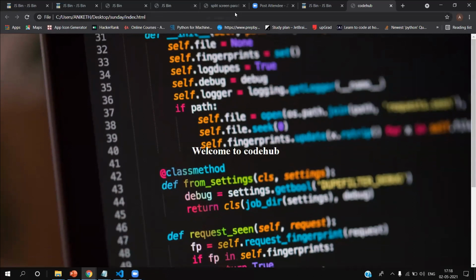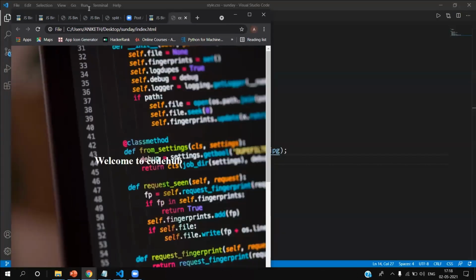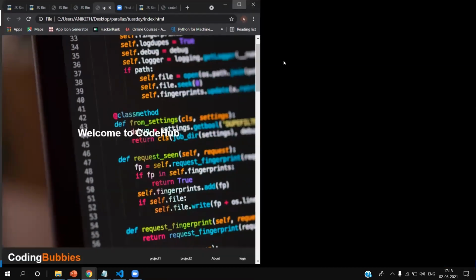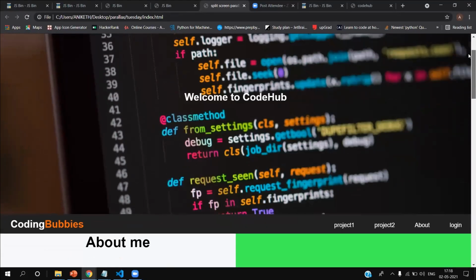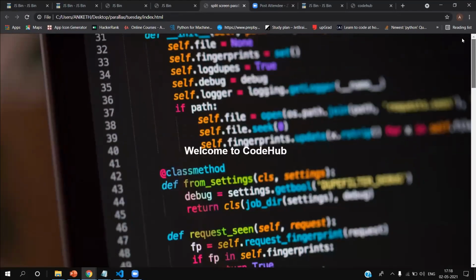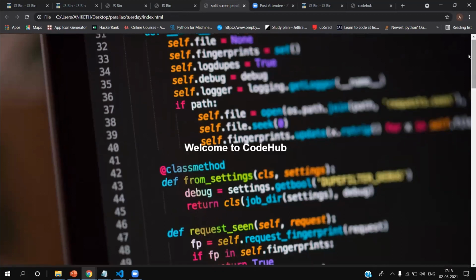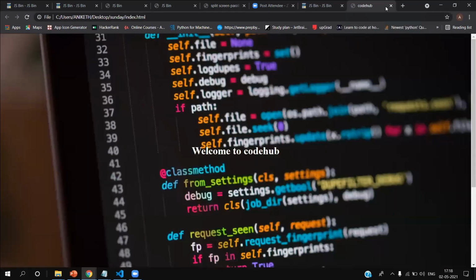So this is what we had in our design, right? Both look the same. Now we are done with the CSS part of the header, and we have done the first page.